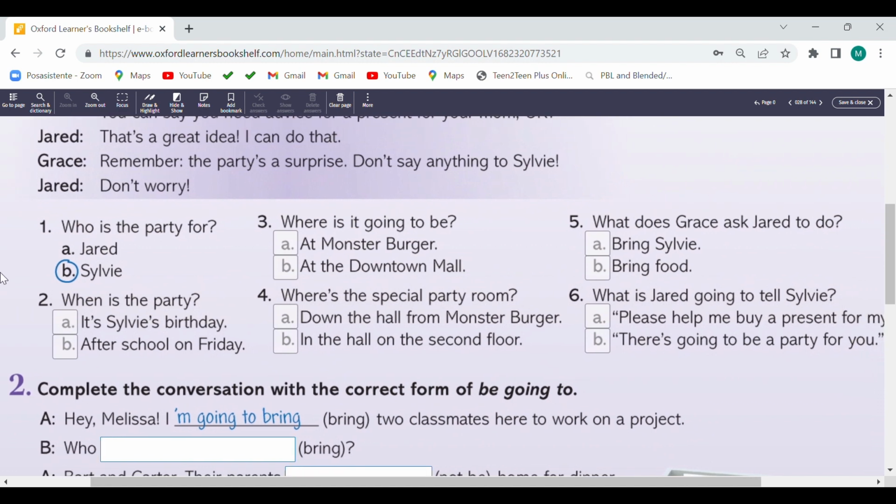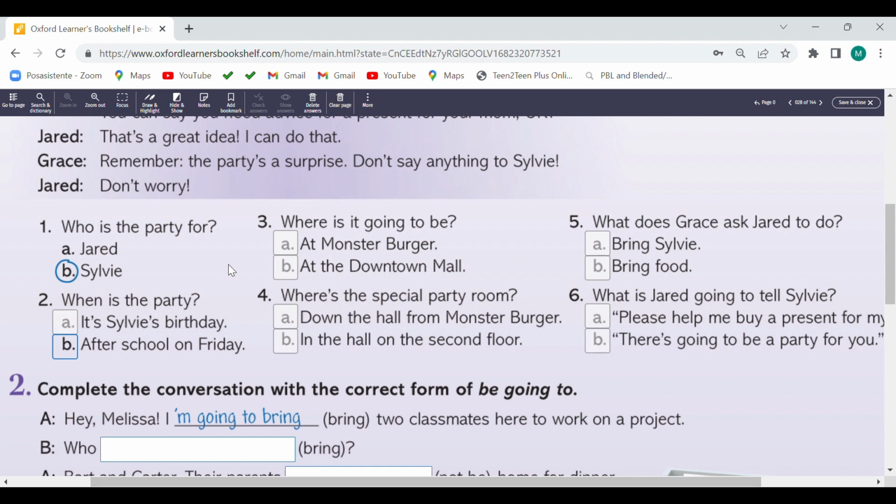Exercise number 1 is the letter B. Number 2, when is the party? It's Sylvia's birthday or after school on Friday? The correct is the letter B. After school on Friday. Exercise number 3. Where is it going to be?